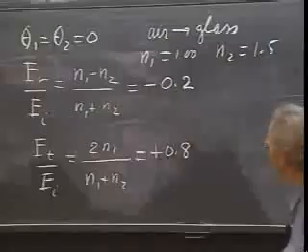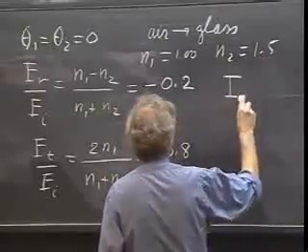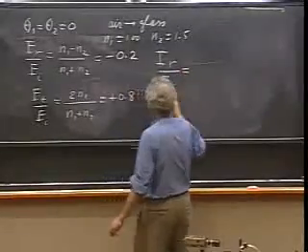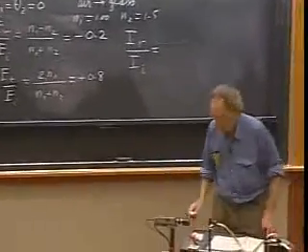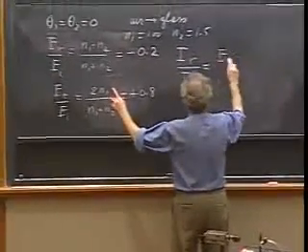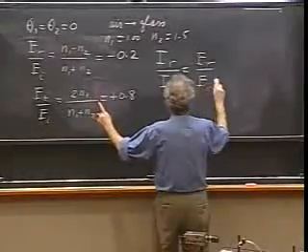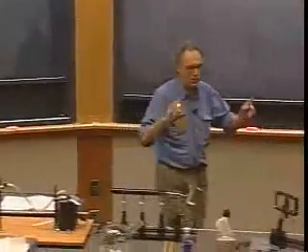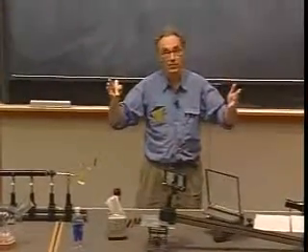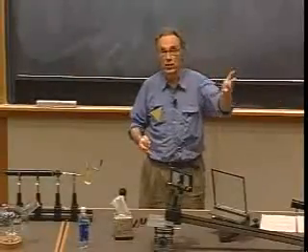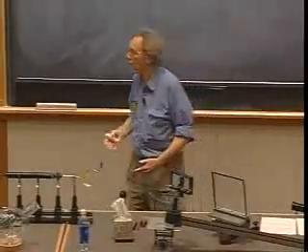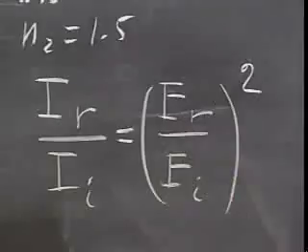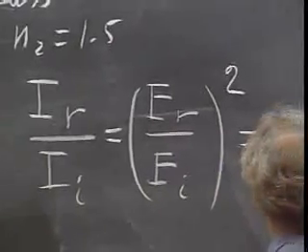So therefore, I can now calculate for you the intensity, I stands for intensity, of the reflected wave divided by the intensity of the incident wave. And I claim that that is the E vector reflected divided by the E vector incident, squared. That is all it is, because the velocity in that medium is the same for reflected and incident wave. This takes everything into account. Mu 0 is taken into account, B is taken into account. The fact that we have a square, that's the result of the B. Remember, it's E cross B. And so this is 0.04.